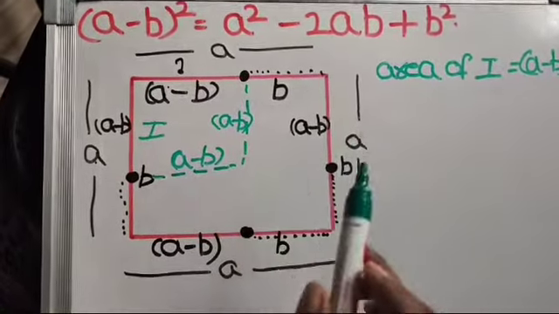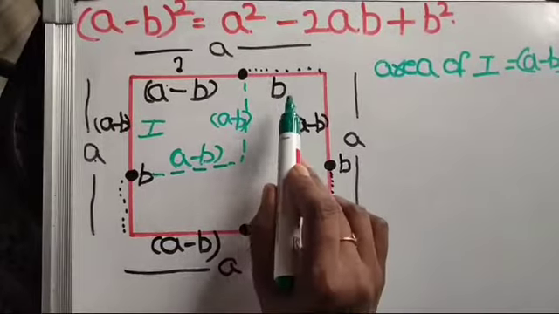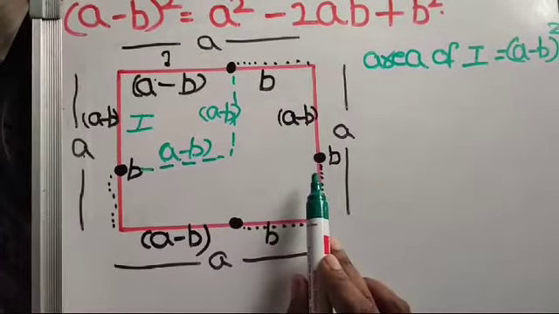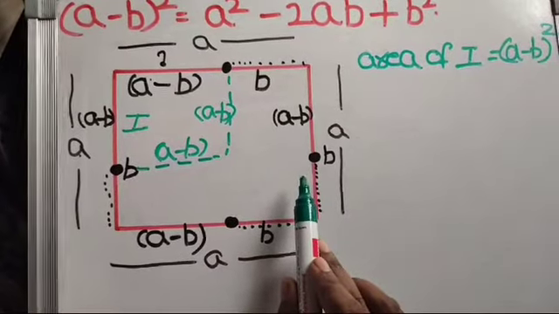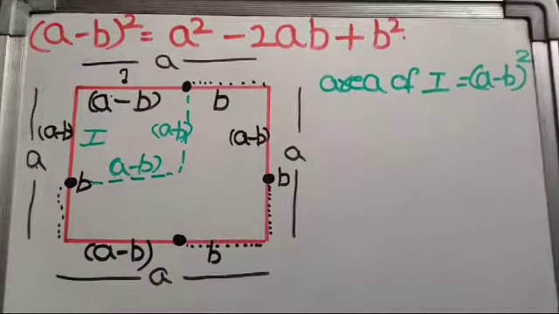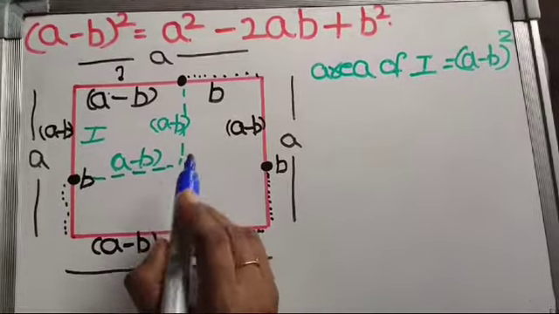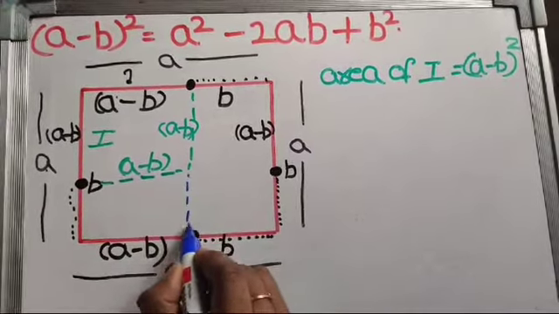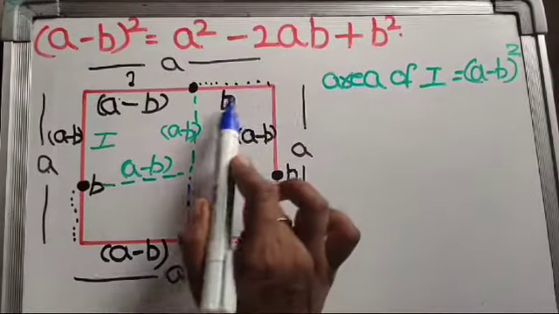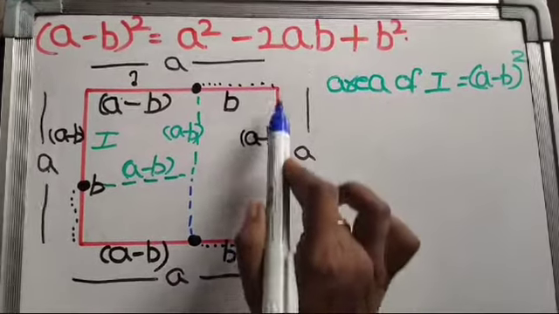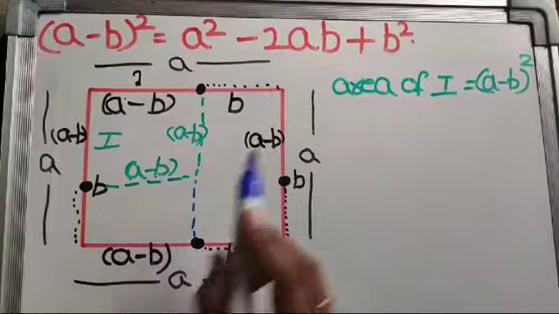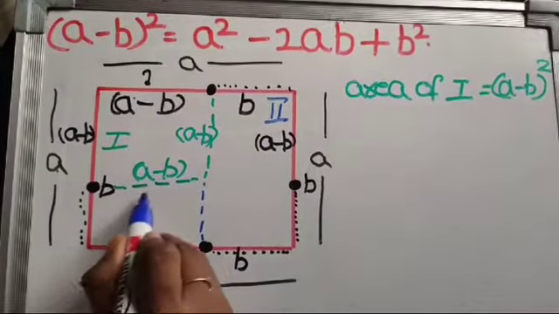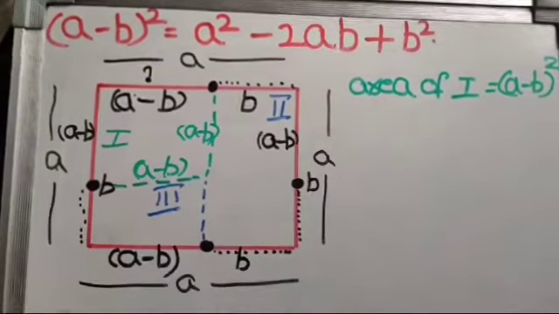So that is the whole square now. So the area of the whole square, and we are joining this B and this B and this B and this B. So let us join it. So you can see it. We have joined this B and this B. So this part makes a rectangle and the other part also makes a rectangle. So let us mention it as 2 and the next one will become 3.